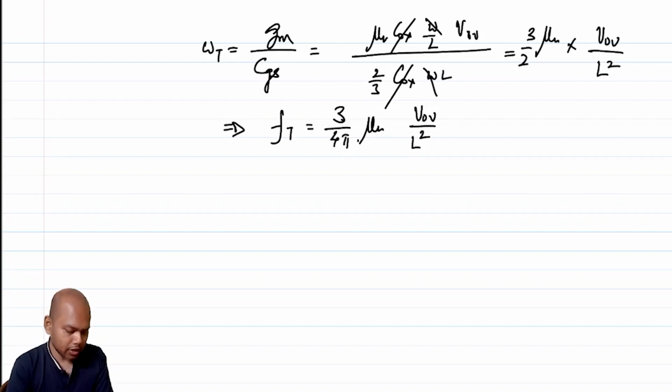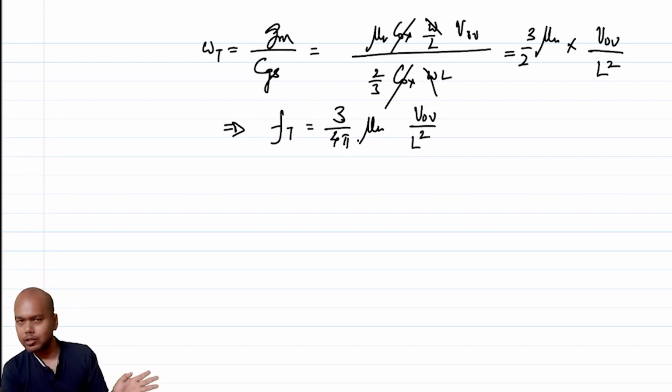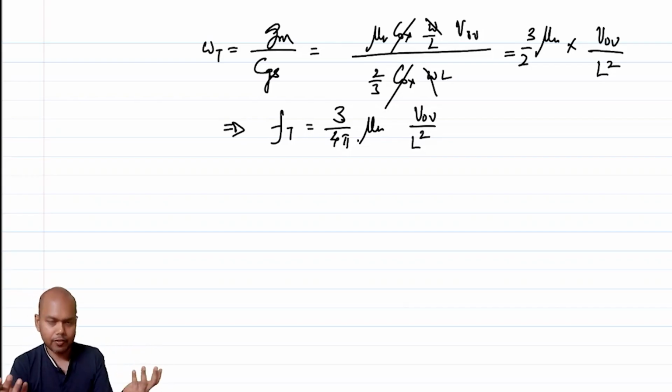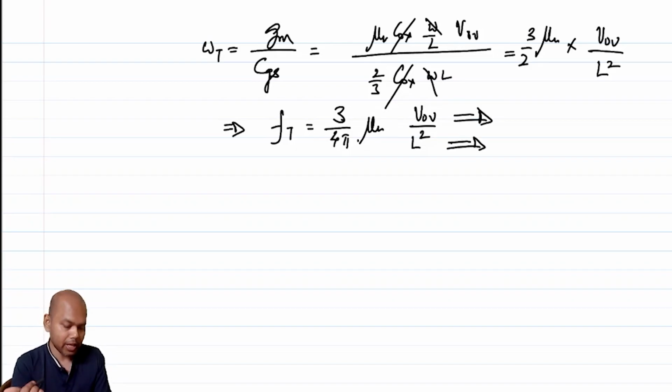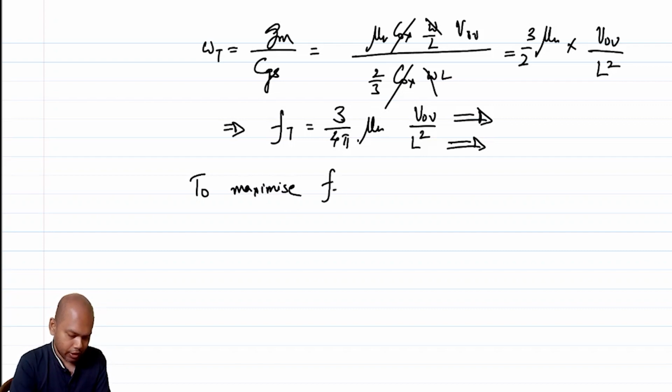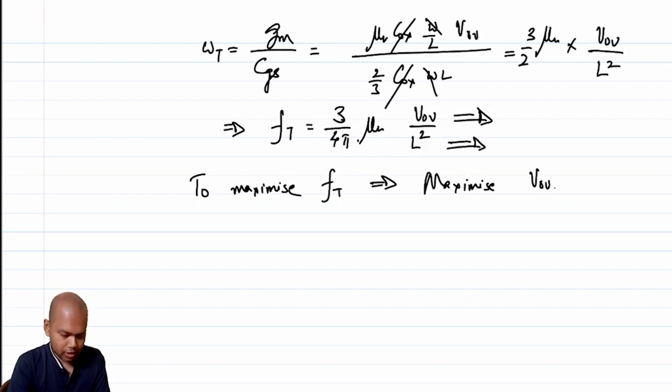Now, do not get too bothered about this 3 over 4 pi times mu n, because that is not in our control, right? Mu n will be given by the foundry. It is the mobility of the electrons in this case. Whatever it is, it is. What is the designer variable here? The designer variables are V overdrive and L, right? So in order to maximize my Ft, what do I need then? To maximize Ft, maximize overdrive voltage and minimize